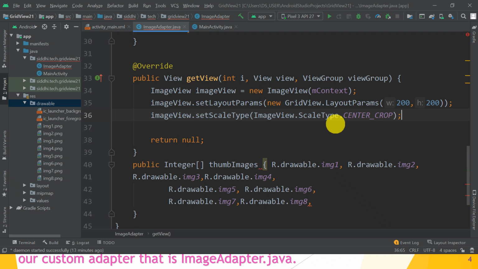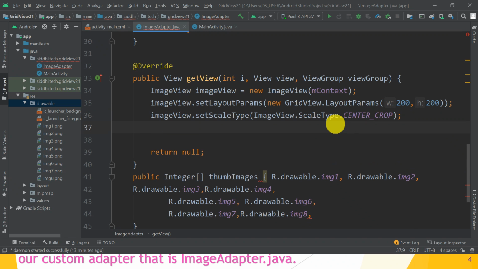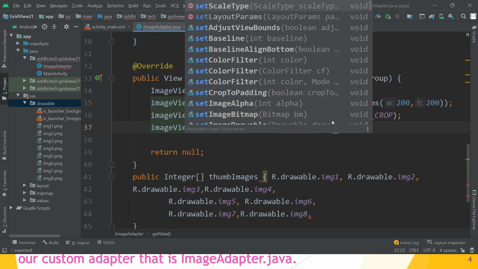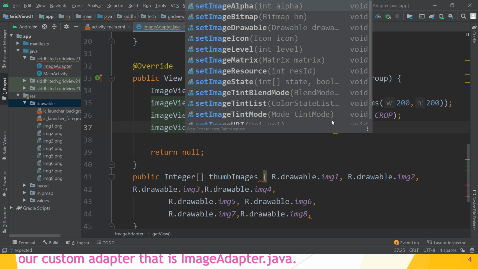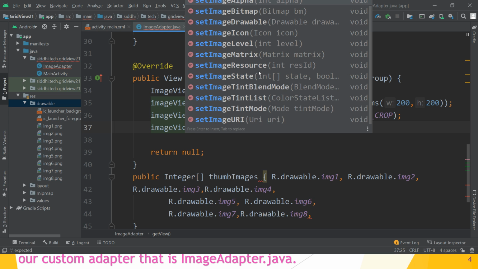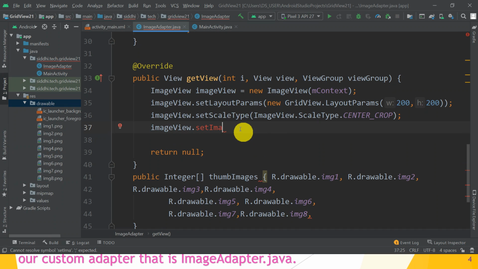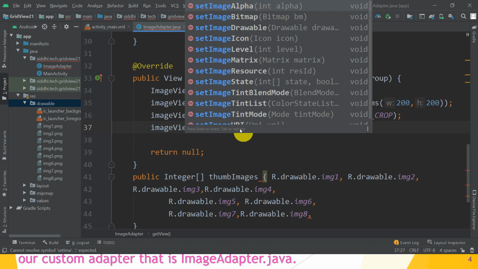Great. After that imageView.setImageResource.